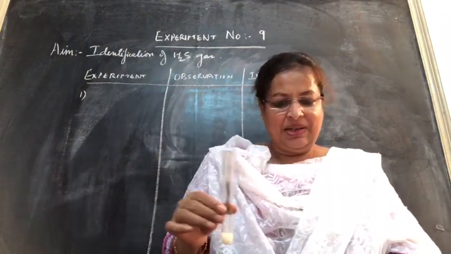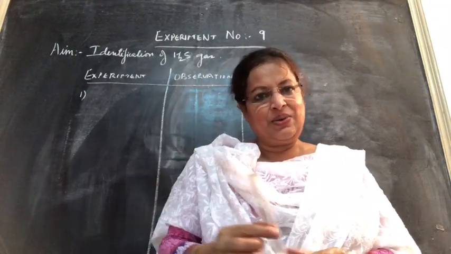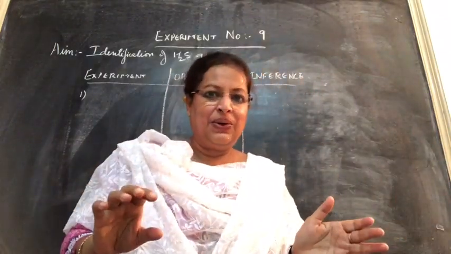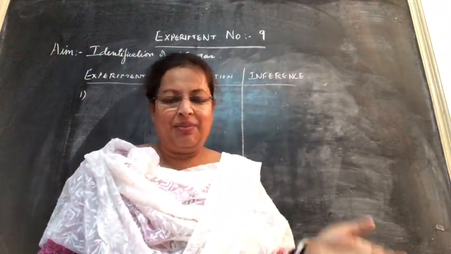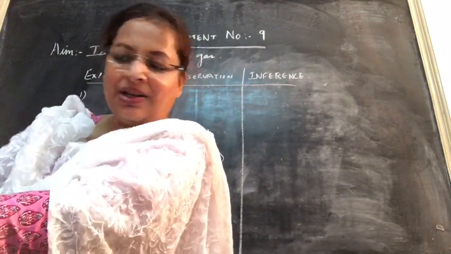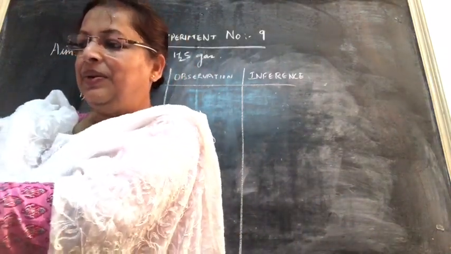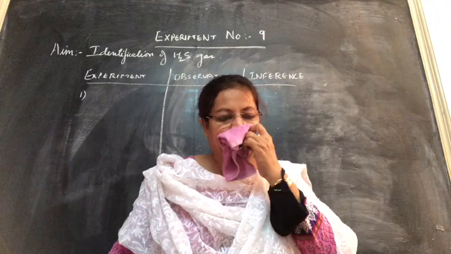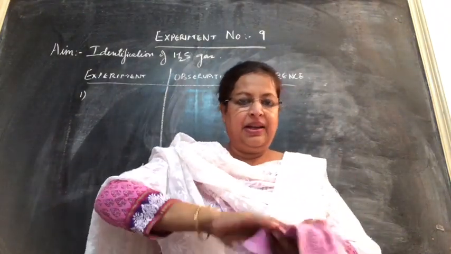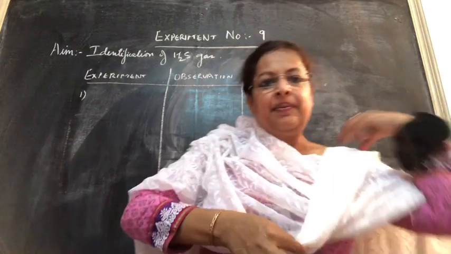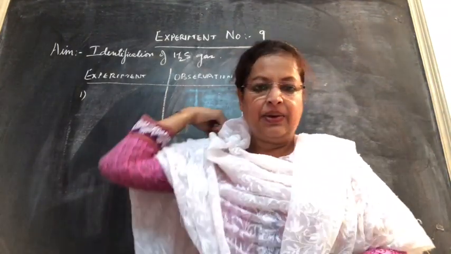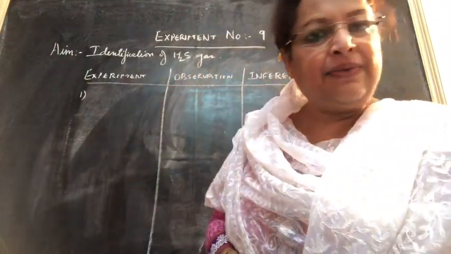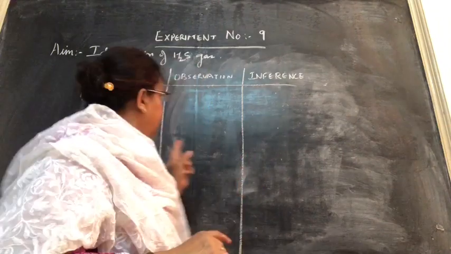Now, what is the characteristic feature of this H2S gas is its odor. No other gas has the odor as the odor of H2S gas. It is very bad. It is the smell of rotten eggs. Plus it is poisonous also in a way. So very little amount is prepared whenever we prepare it in the lab because of its offensive odor and also because of its poisonous nature. So, let's see how to write it, children. As we have done all the tests earlier, so you will see how to write it.